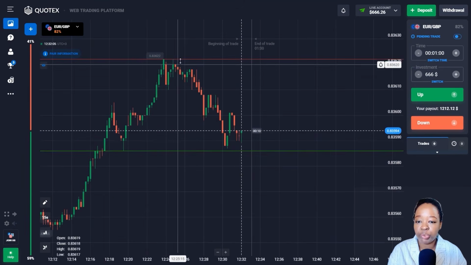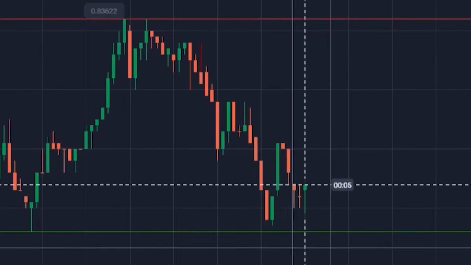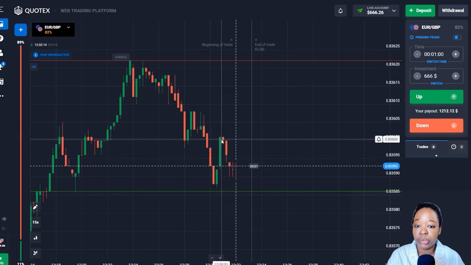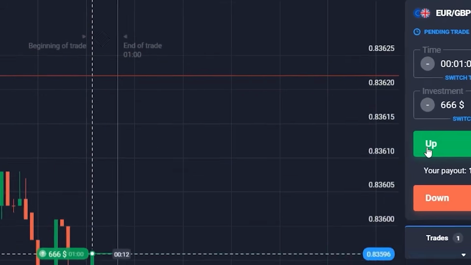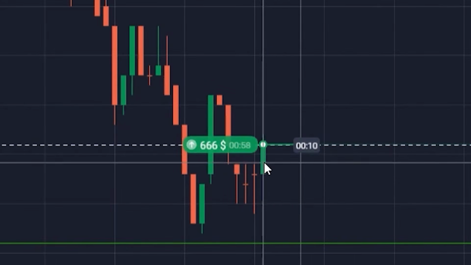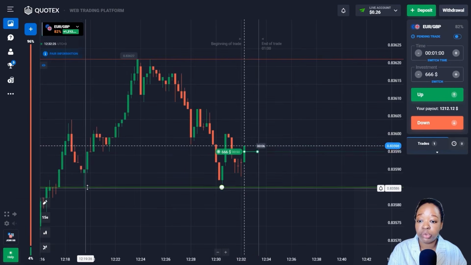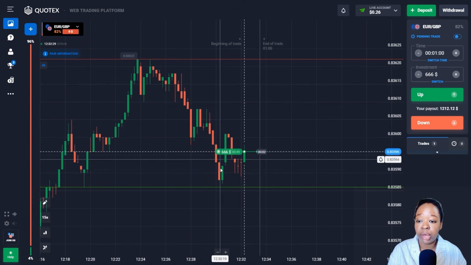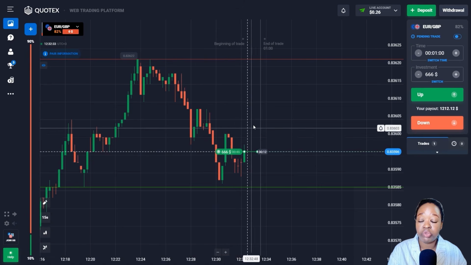So here you can see the price is moving along the rising trend, and price jumps up from the support level. Here I'm going to open a trade for an increase since I think that the price will move up. Also, as you can see earlier, this support level worked well for itself, and the price showed a good growth from this level. And now you can see a reaction, green candlesticks formed on the chart. There is a greater probability that the price will continue to move up in the upcoming trend, and at such a price increase, here I'm trying to earn very good profit. Let me wait for the results.